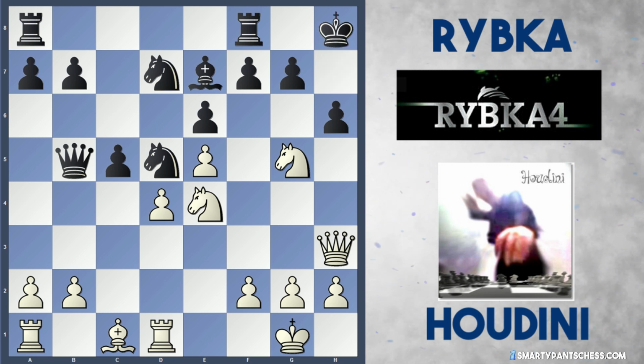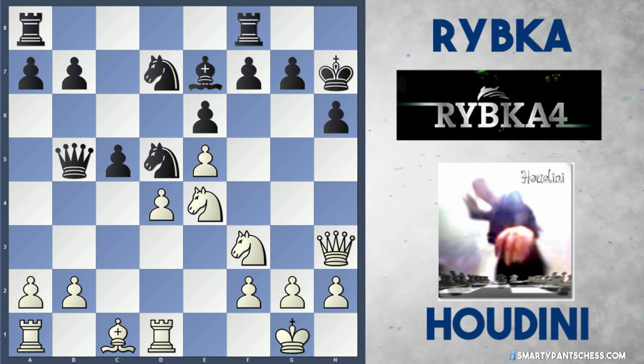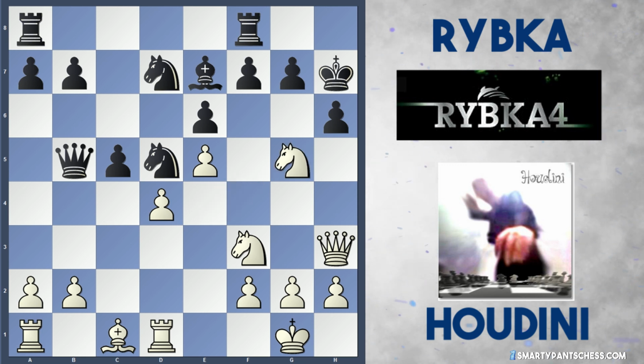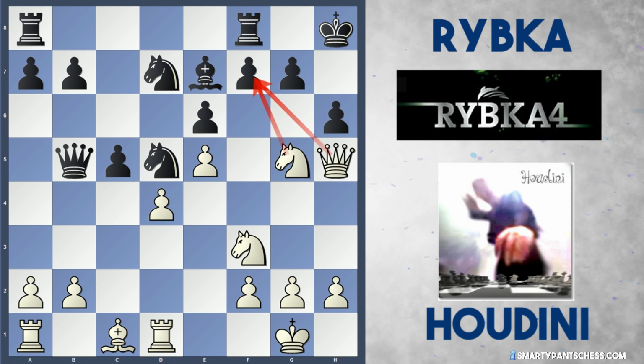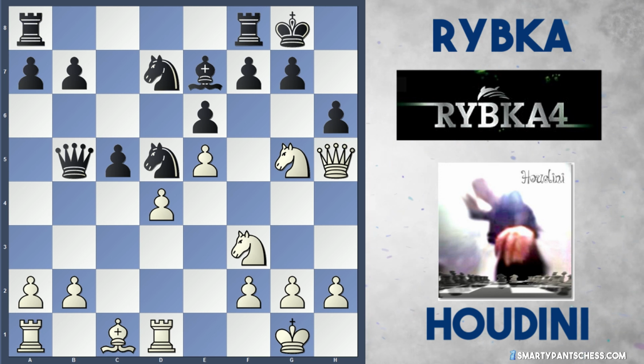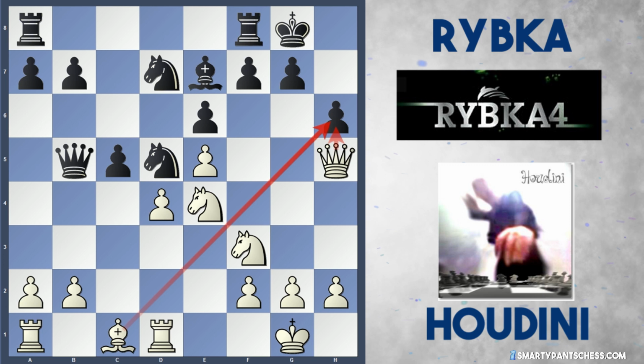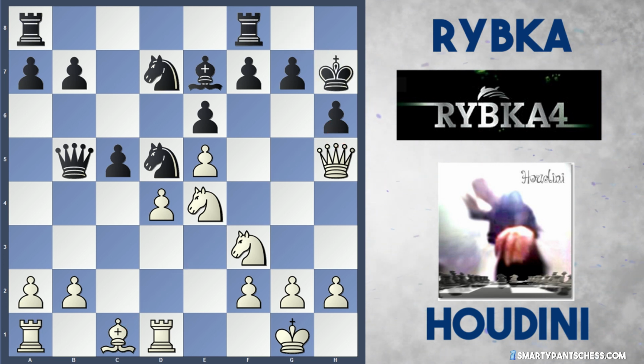Instead king h8 must be played, and white could drop the knight back to f3, and now bishop h6 is on the cards. If the king goes back to h7, white can now add their other knight into g5 with check, and if king h8, play queen h5, harassing this f7 pawn. If king g8 here, again white could just drop the knight back to e4, and bishop takes h6 is on the cards again. And if black finally goes king h7 again,